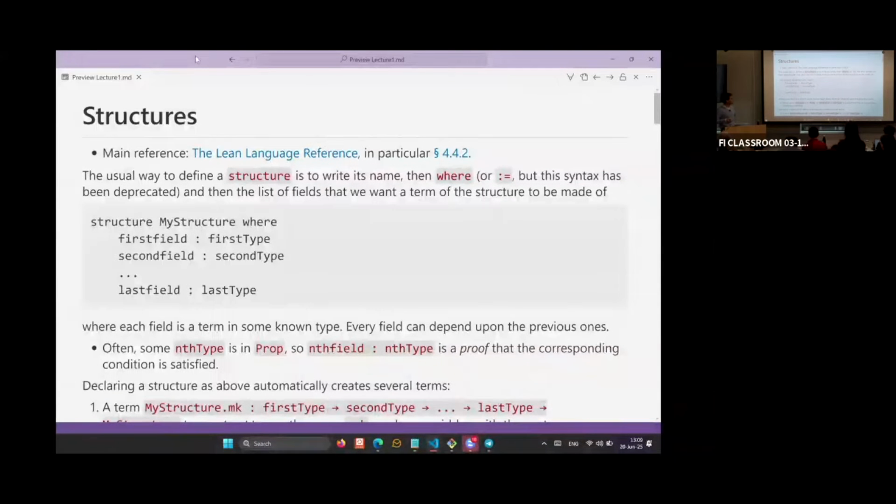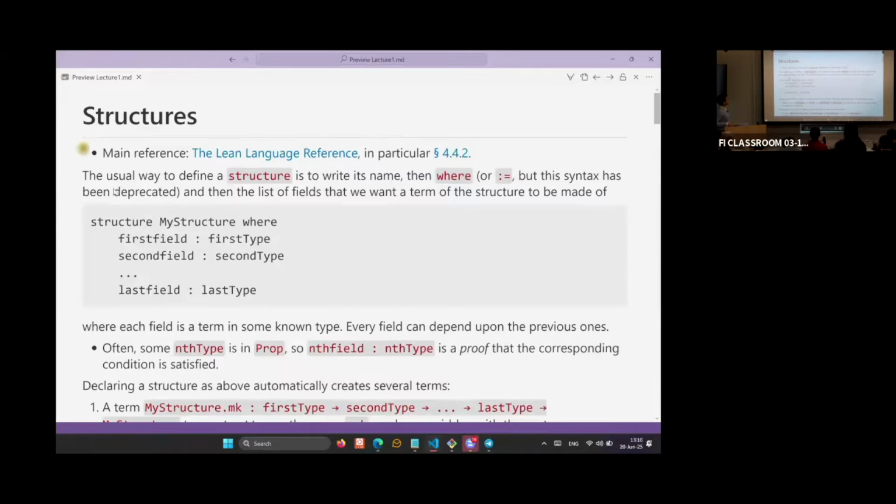Again, this is probably just a way of putting together knowledge that you have already acquired or to which you have already been confronted. All of this will be pulled to the repository, and there are exercises as well. They will be pushed as soon as I finish my lecture.